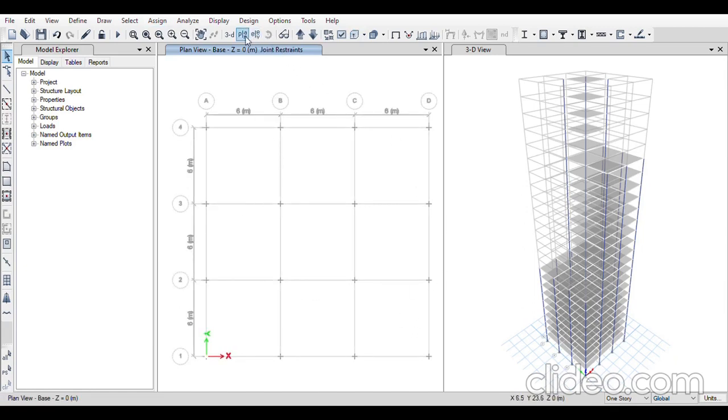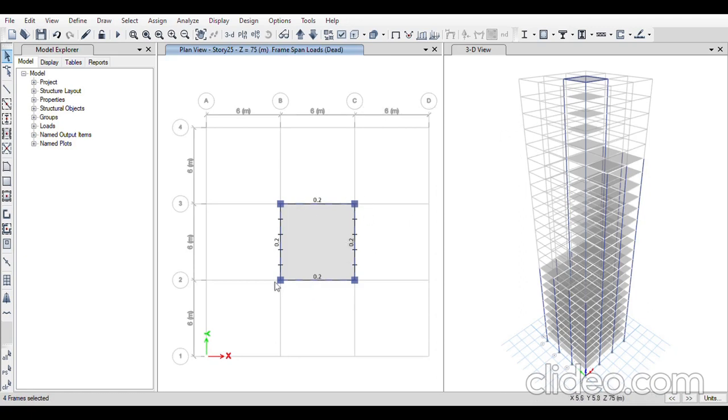Now I'll go to floor number 25, that is the top floor, which does not have cladding load on it. I'll make sure that it is one story. I'll select the exterior beam. I'll go to display, force design, frame. I'll click on OK.